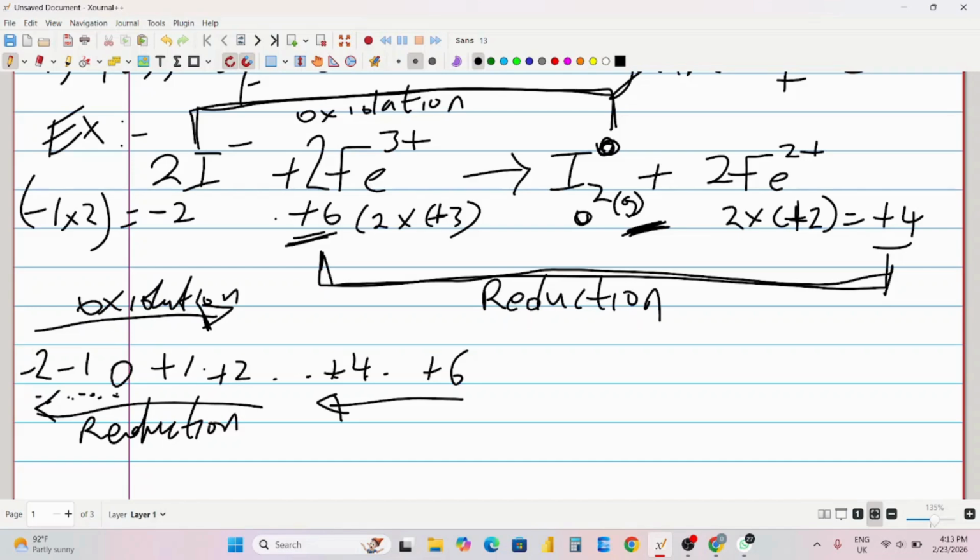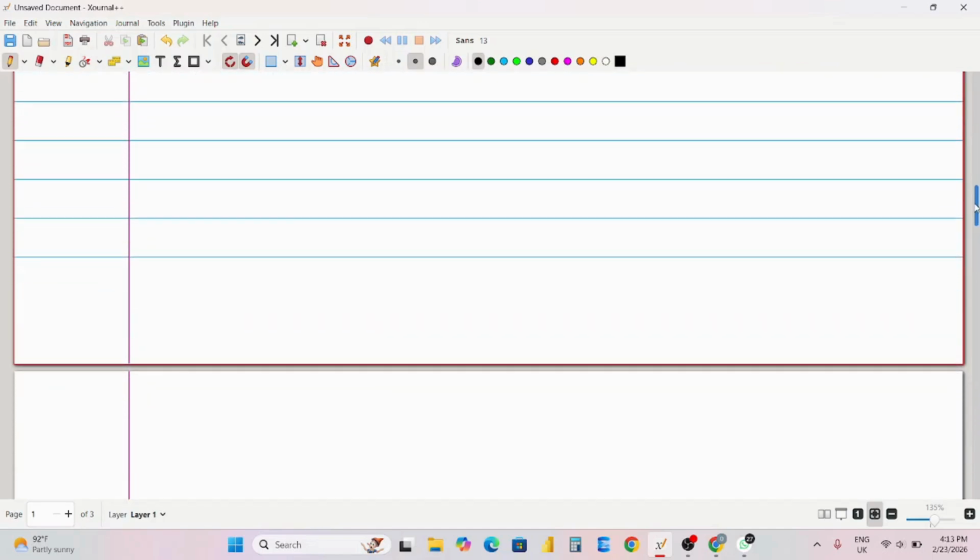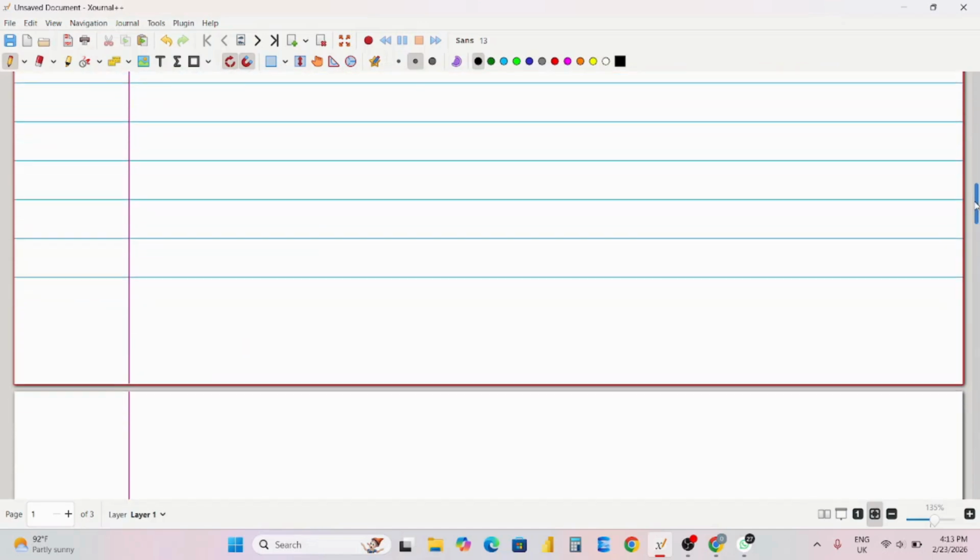So this is the easy part. The next level is where, instead of asking for the process, they are asking for the substance. The process is one thing. The substance that carries out the process is completely different. So the first one, when they say oxidizing agent,